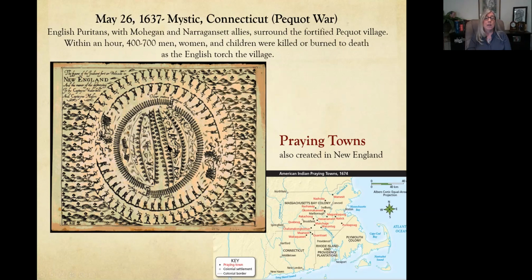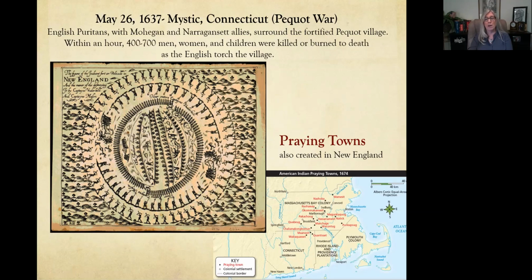And then as it's all on fire and the Indians start to run out of the openings of the Indian village, they're going to be shot to death by the Puritans with their guns. So it was a brutal, brutal destruction of hundreds and hundreds of Indians who lived here in the Pequot War in the 1630s. The natives who remained in the surrounding area, the Puritans are going to try to convert